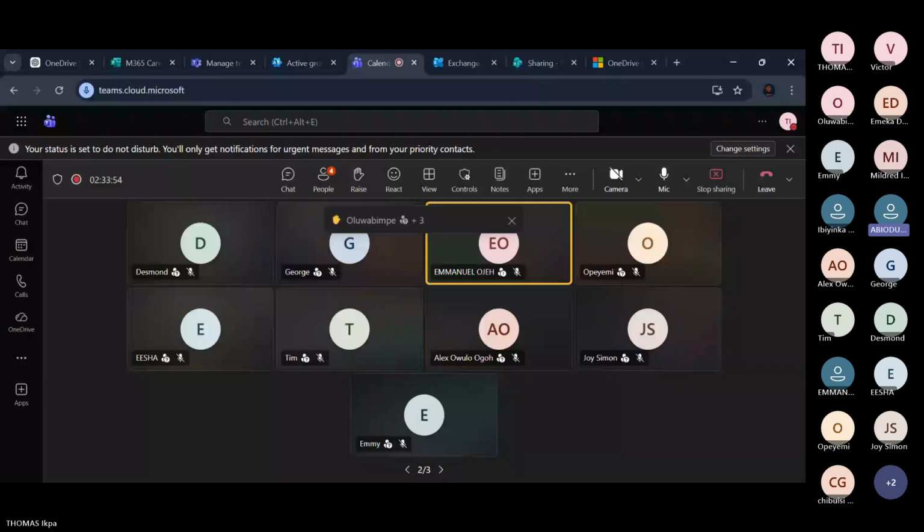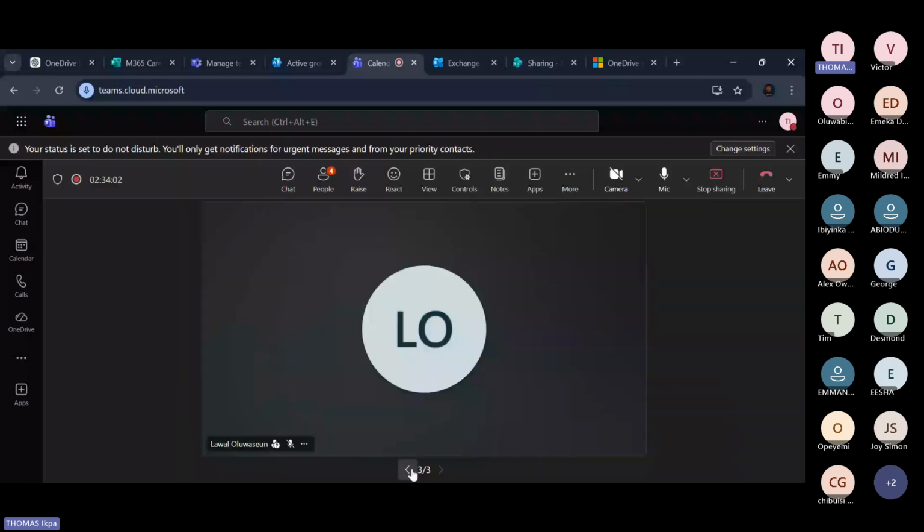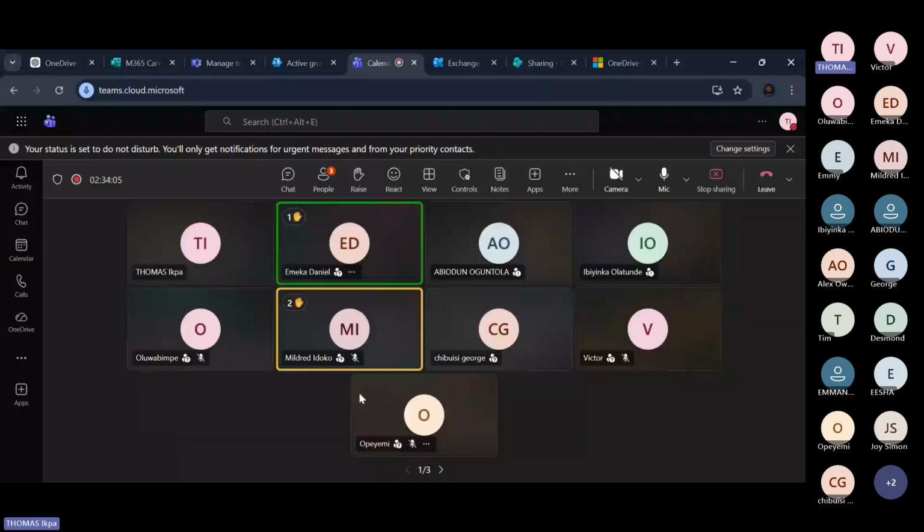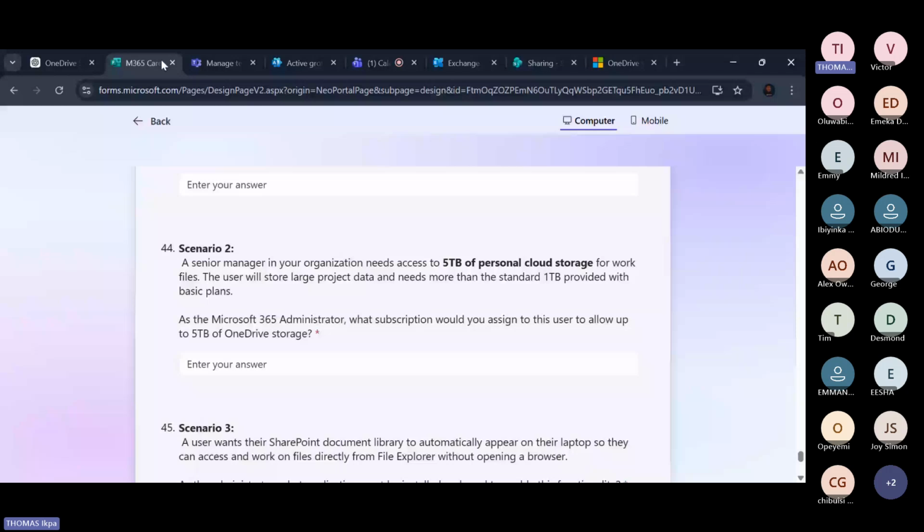I think extra storage, extra file storage. Extra storage, yeah. Okay, so that's correct. You're buying extra file storage. What did I call it? Extra file storage. So if you come here now, if you Google extra file storage,